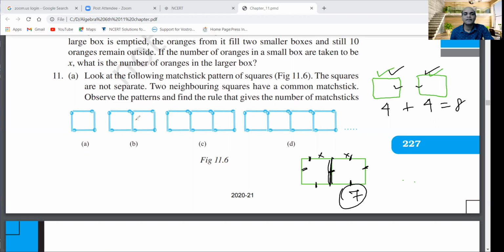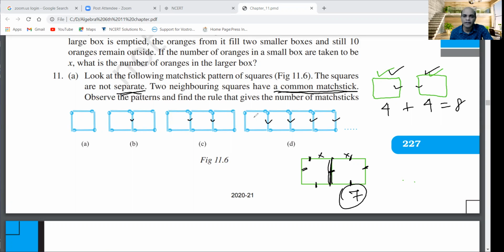So in this picture they are not separated, they are one, right? Good. The squares are not separated. Separate नहीं है, एक है, मतलब these are joining with each other, ये दोनों एक दूसरे से जुड़े हैं। Okay, this is one, this is not two, this is one stick, right? Two neighboring squares have a common mastic. देखो बोला ना common mastic मतलब दोनों का एक स्टिक है।